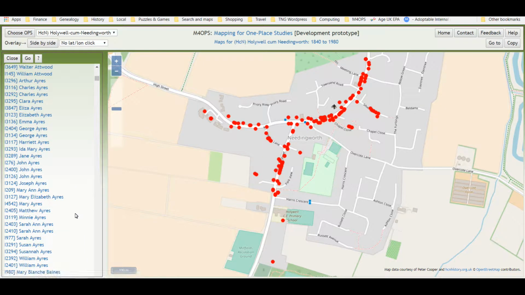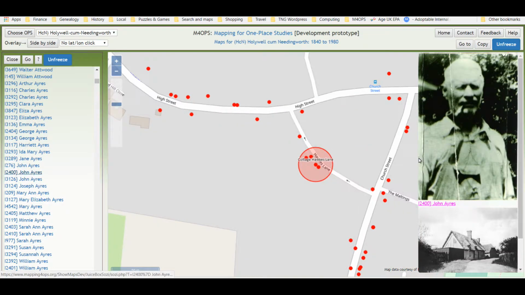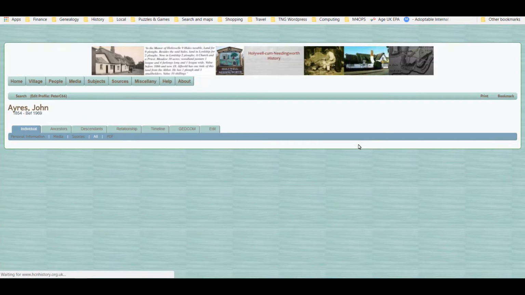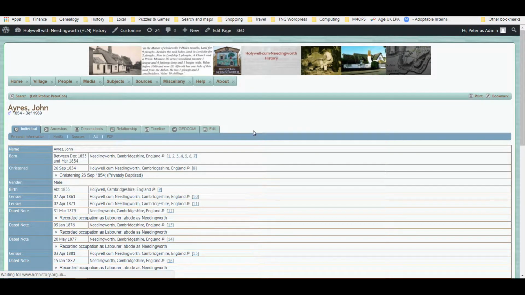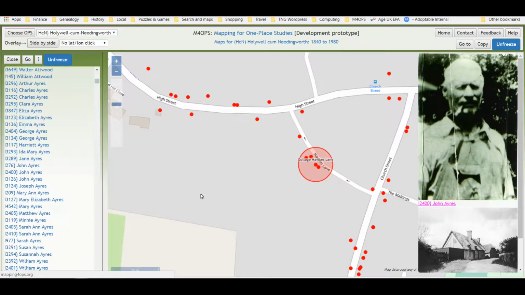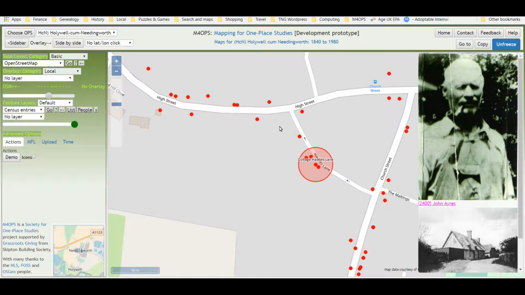So it's a different way of looking. And indeed some of them, if we look at John Ayres here, we've got a picture of him, and we've actually got a link to a different website. That's my own website, and that's a link to his data on that website, so you can explore the parish registers for him, etc. So okay, let's close that up. So that's the sort of thing you can do